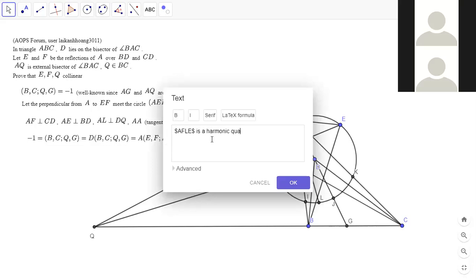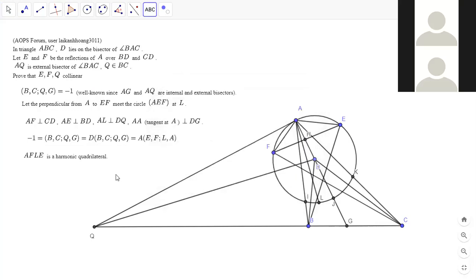Harmonic quadrilateral. Yeah, this is a really clever trick. And so once we know that, basically by symmetry, since QA is tangent to the circle,